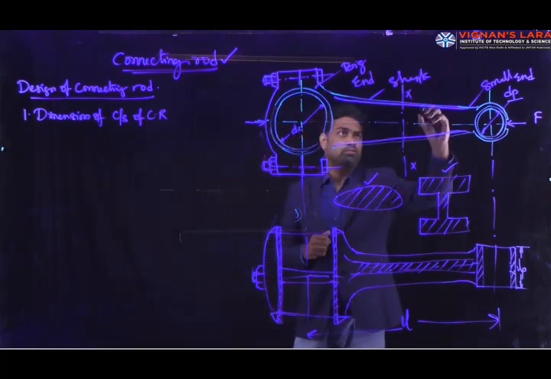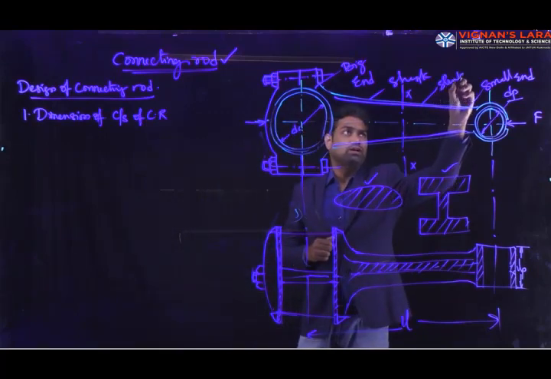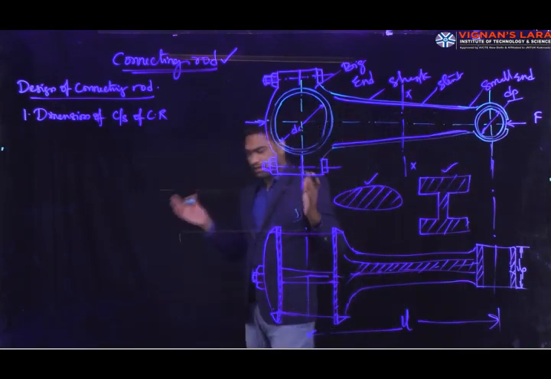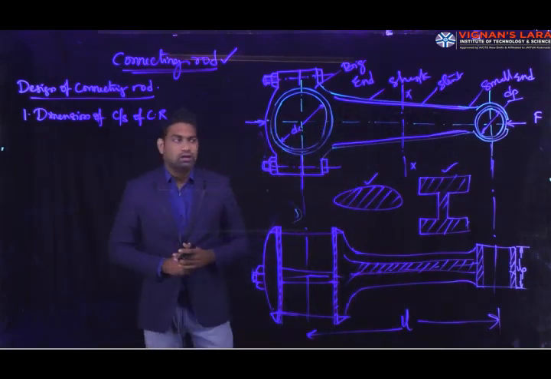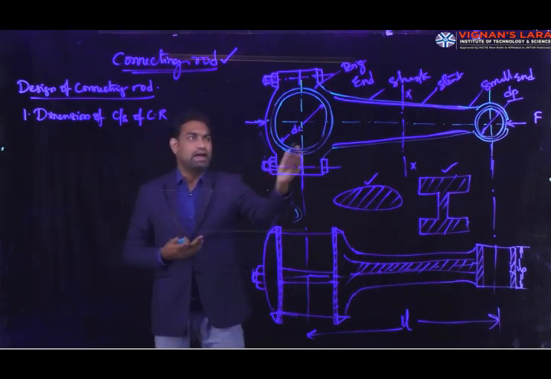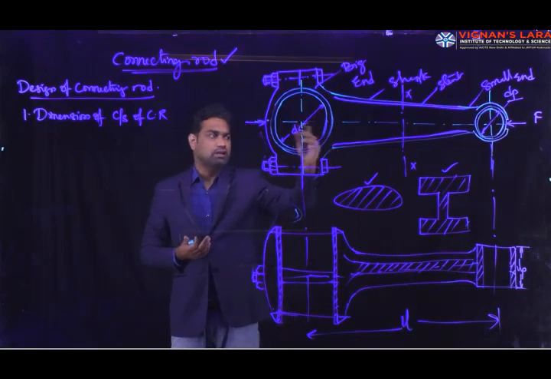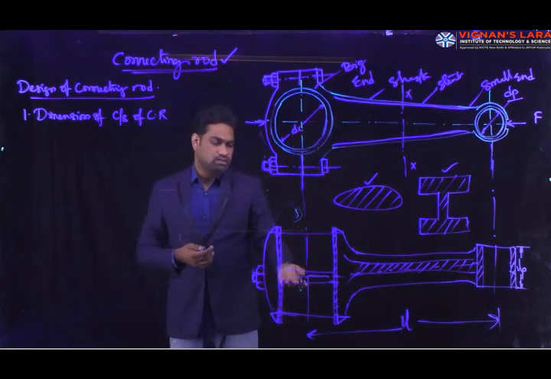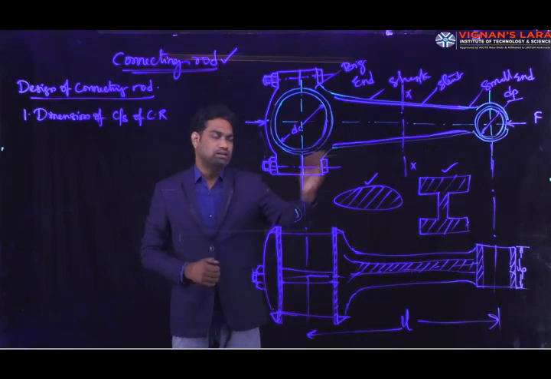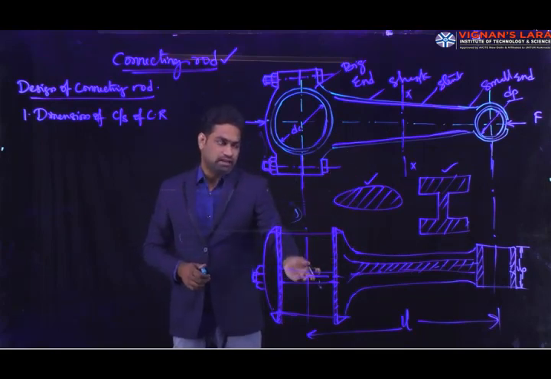This is the shank portion, that is the effective length of the connecting rod from the center of the crank pin to the piston pin, taken as a strut, like a column. About the x-axis it may be hinged ends, but about the y-axis it may be fixed ends. You can observe in this direction, this is the plane of rotation, that is about the x-axis, and this is the y-axis, the top view you can observe here.